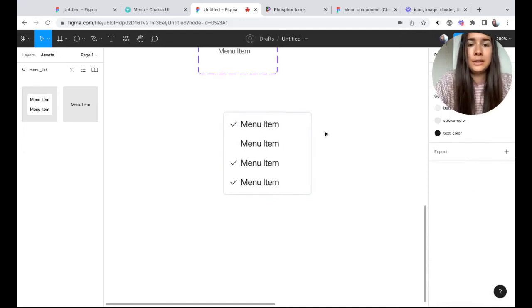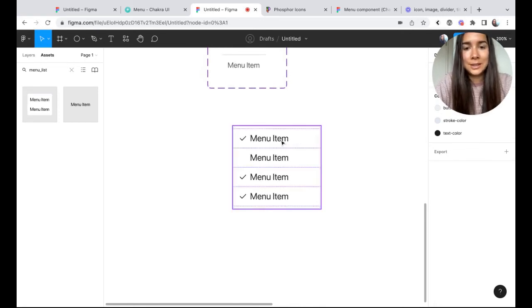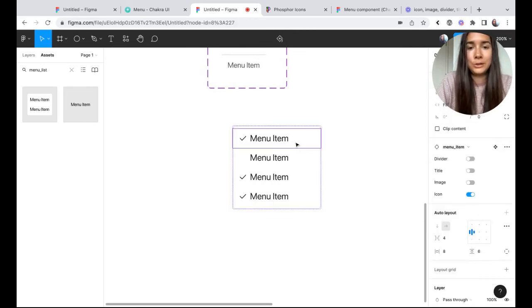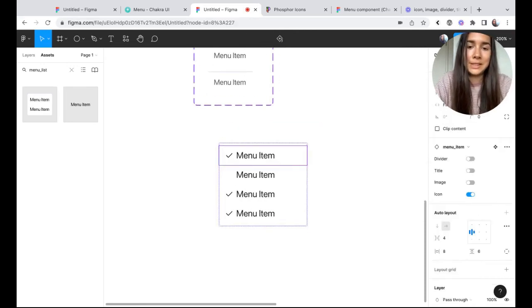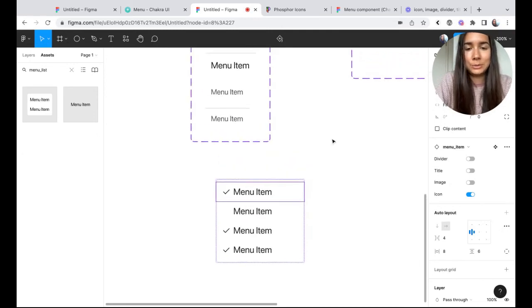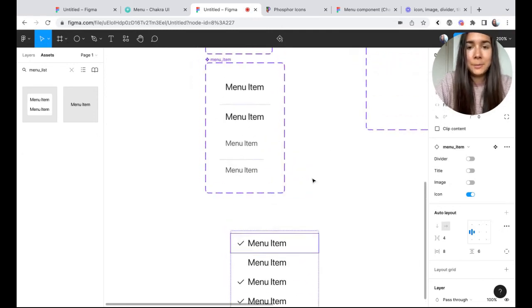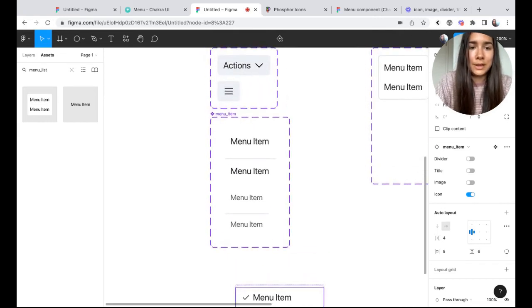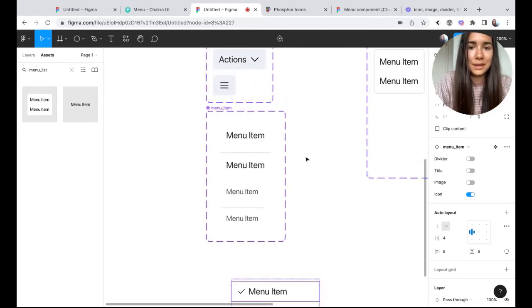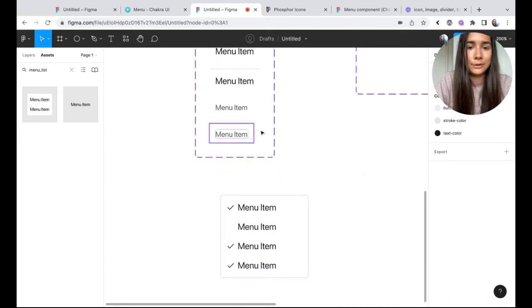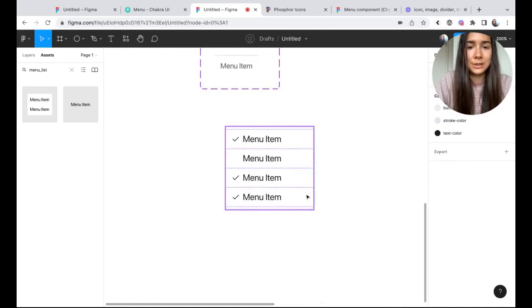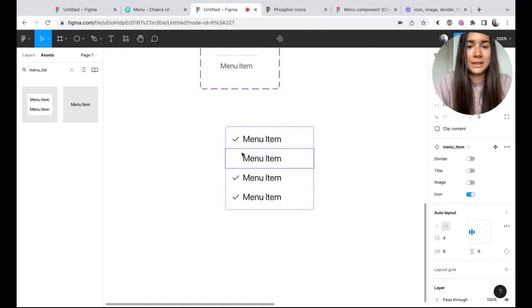So again, if you find yourself that you're using this functionality of checking items on and off, and you really want to have a separate variant or boolean, you can implement it. Personally, I like to find a balance between the maintenance of the component as much as what kind of options it has in terms of its use. So in this case, I would just utilize the icon boolean and kind of hack it by turning the opacity off.